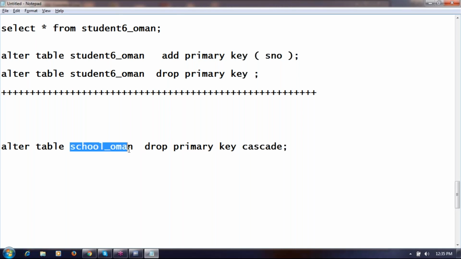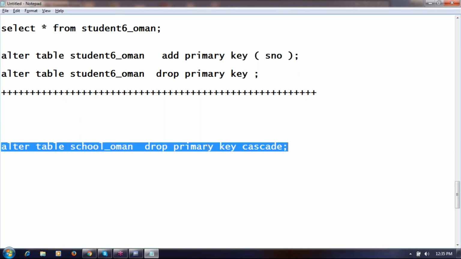Alter table school_Oman, that means it is our parent table. In the parent table I am dropping the primary key constraint. Cascade means the related foreign key will also be dropped automatically. So the primary key will be removed and the corresponding foreign key constraints in the child table will also be removed automatically, without disturbing the data.